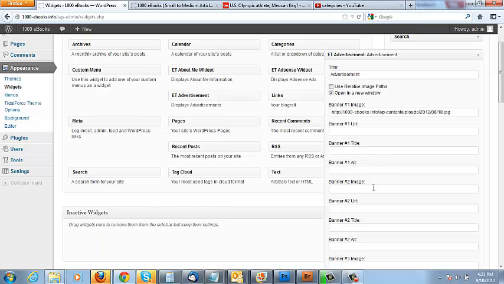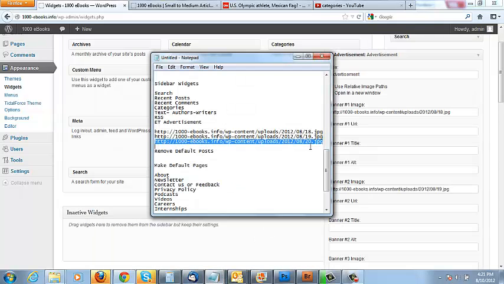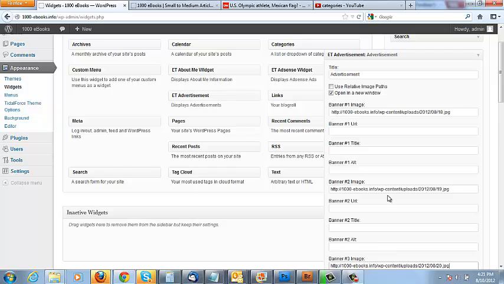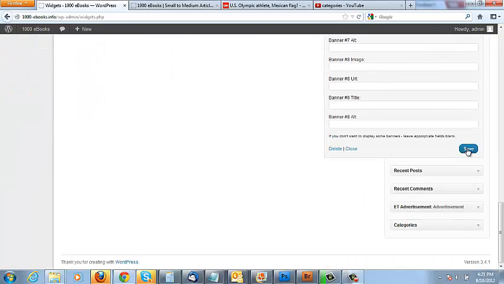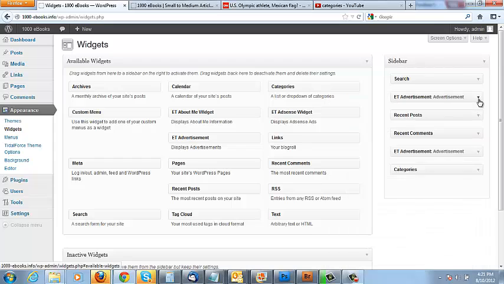Number 2. Number 3. Save. Okay, now that we have our ET advertisement widgets filled with ads,